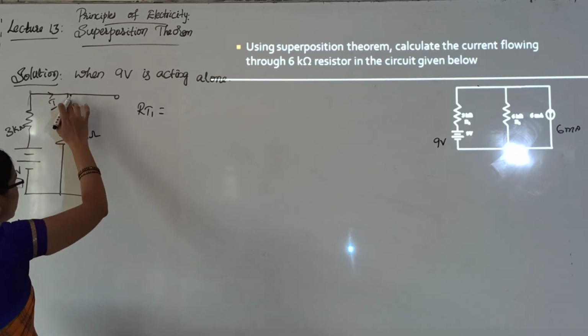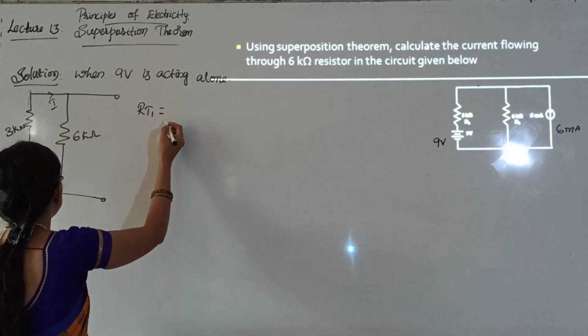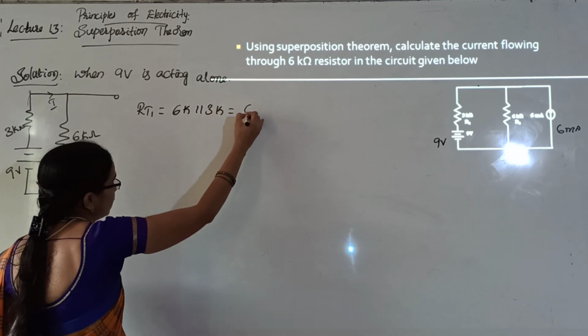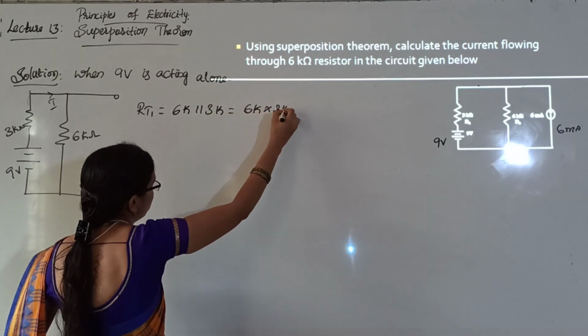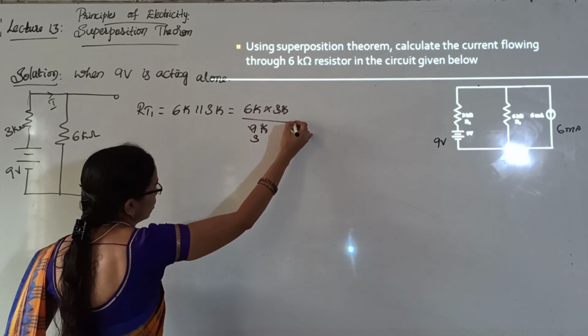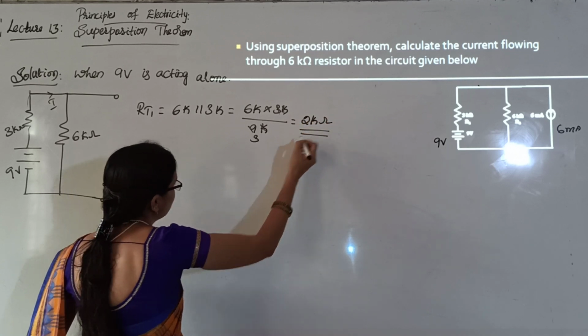This is only single loop network, it will be RT1 is equal to 6 kilo parallel to 3 kilo. You will get 6 kilo into 3 kilo divided by 9 kilo, then it will be 2 kilo ohm is the total resistance,